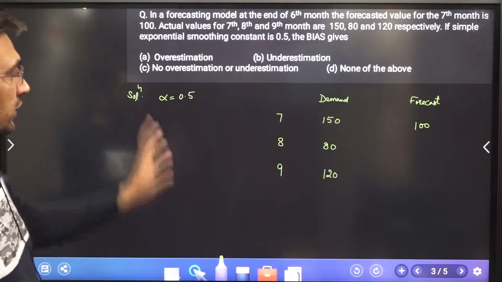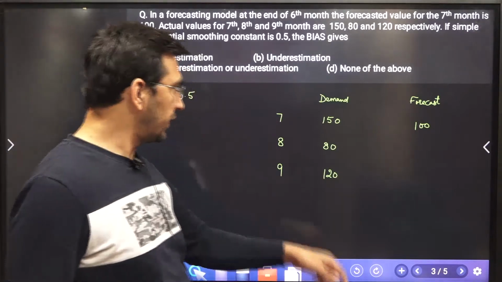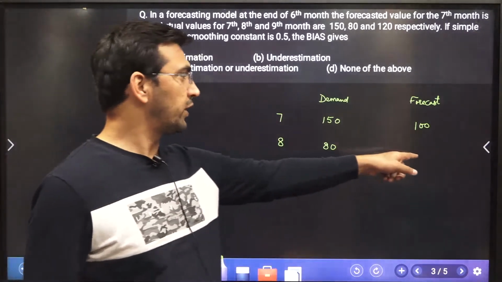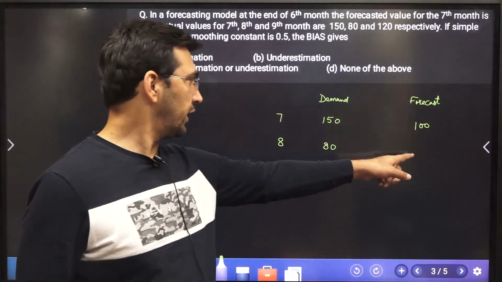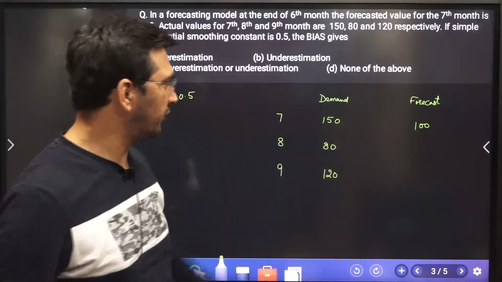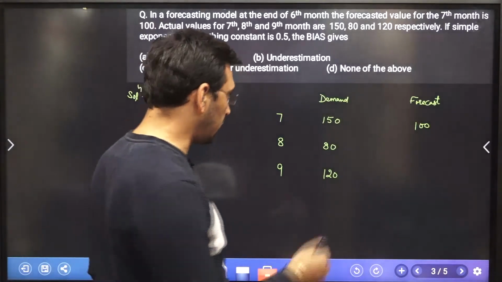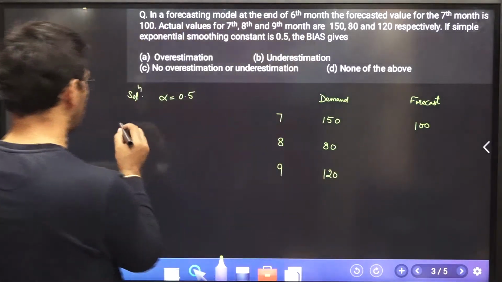So it means, on similar lines as we had in the last question, I need to find out the forecast for this period also. What? The 8th and 9th period. So how can I find it? I can find it very easily. So simply I need to have a forecast for the